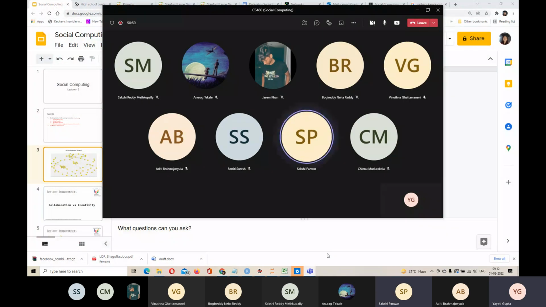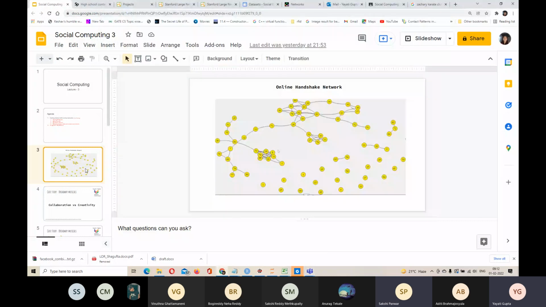Just a quick guess, from memory. It was our class. You took us to fill that form. We were supposed to write the roll number of our friends. Yes, exactly. So this is a classroom network, an actual classroom network of third year students. It was when they were in their second year. So we did this activity in the class.